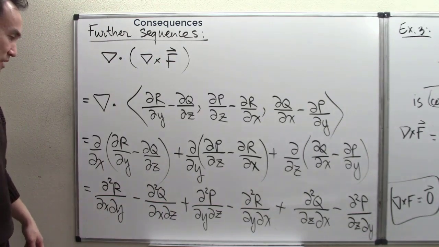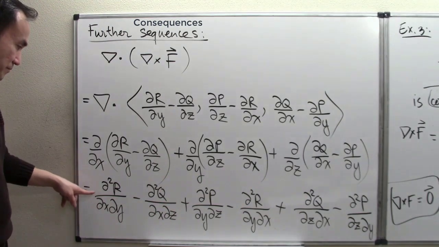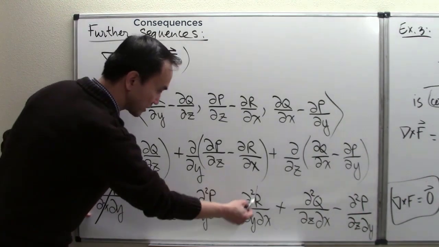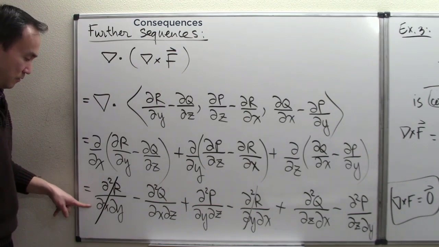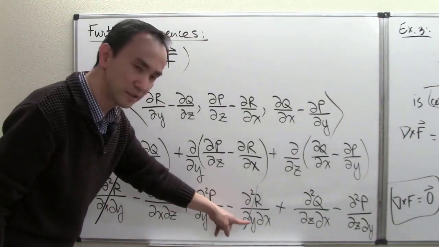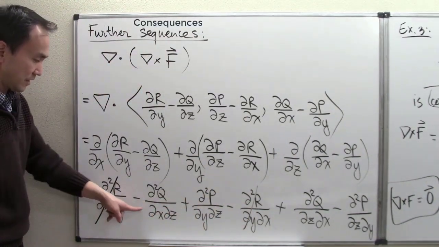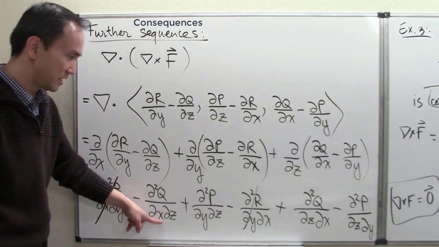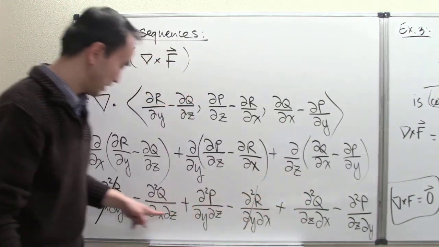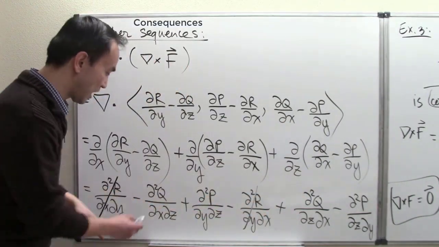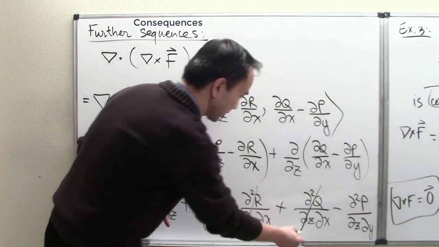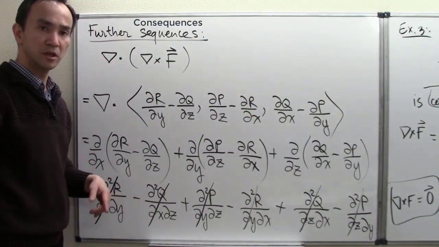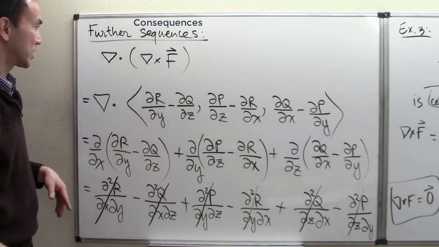All right, and so now if we're looking at all these six components right here, we can see they're all canceling. This one cancels with this one: d squared R over dx dy is the same as d squared R over dy dx. They cancel out. This term, d squared Q over dx dz, and d squared Q over dx dz are essentially equal and opposite terms. They cancel. And the two remaining terms are also opposite terms. They cancel. All right, so shockingly, after all of this work, we found out